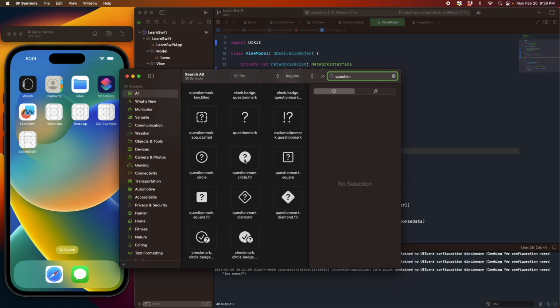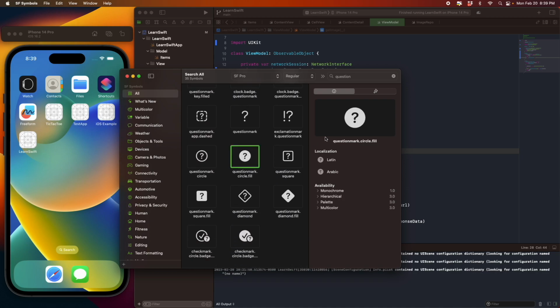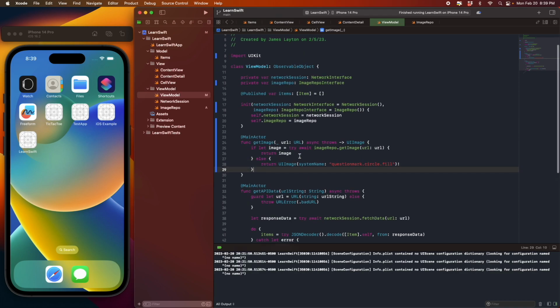Maybe let's just do this. Wait, where'd it go? Okay, let's do this one here. Let's do a question mark circle fill. So when we use that, we guarantee we're always going to have this icon here. So we can pretty much use this exclamation point here to force unwrap this thing here. Then we can actually go back to our